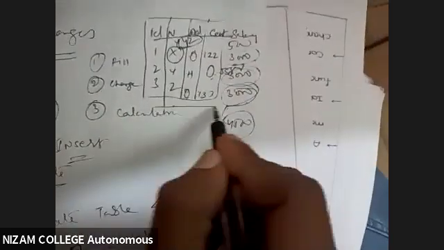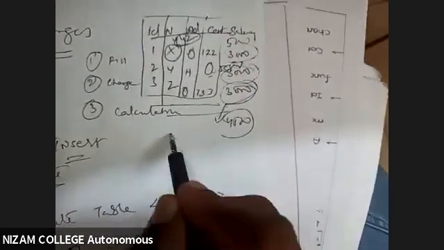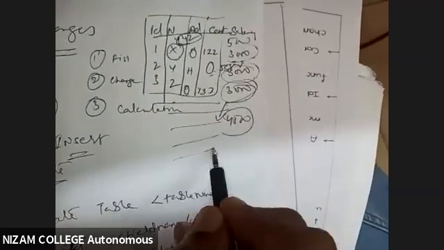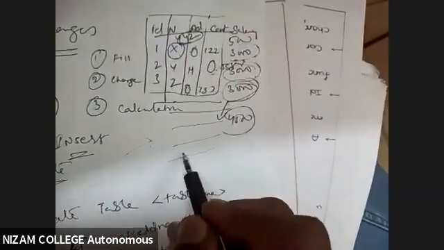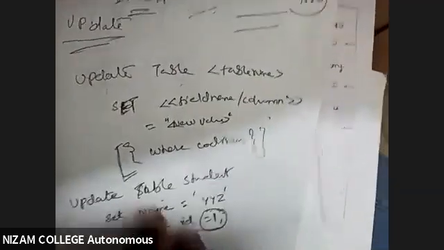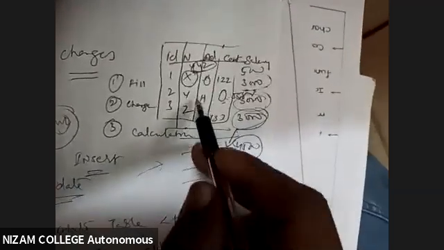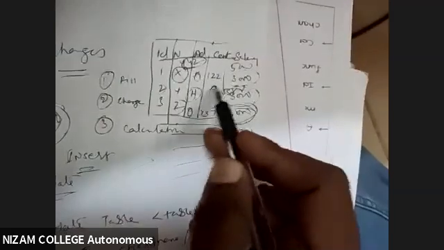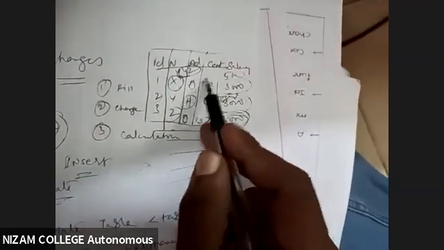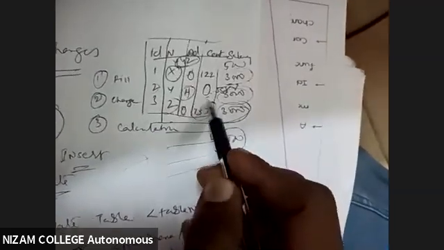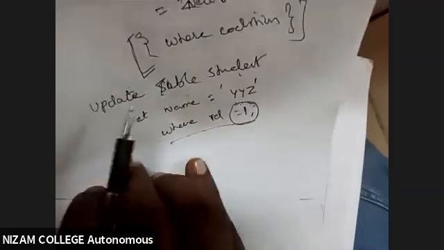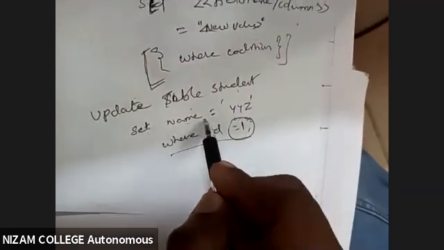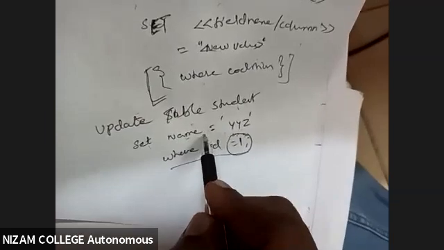When I'm saying a new record, with the help of insert, a new record will be added. So here it will be added, here it will be added, like this. With the help of the insert command, my record will be added. But what will update do? Wherever you are pointing, that particular column or particular field, that particular data will change. So how am I doing it? With the help of the update command. Any doubt regarding this?